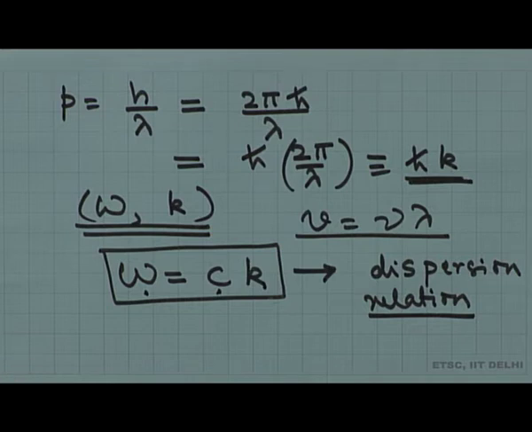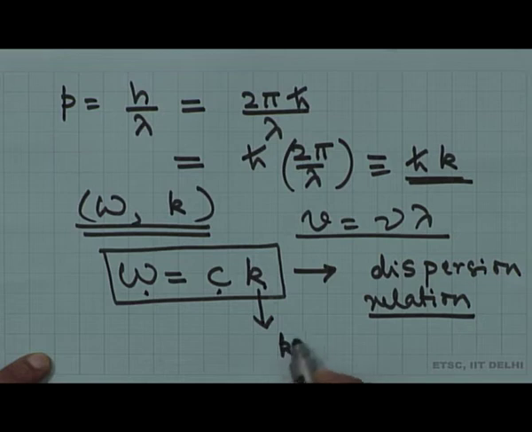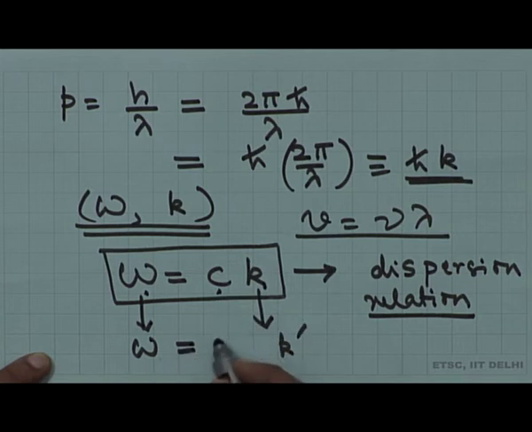At this point, we can take a detour and ask what would happen if I were to get into a medium. If I were to get into a medium, then the speed would change, because in a medium k would change to k prime, omega will remain the same, therefore my c would be different, so this becomes a c of k prime. And that is the reason why when there is a refraction of white light in a medium, let us say in glass or water or whatever, different frequencies travel with different velocities, they get bent at different angles, and on the right side you see the different colors that you are going to see.